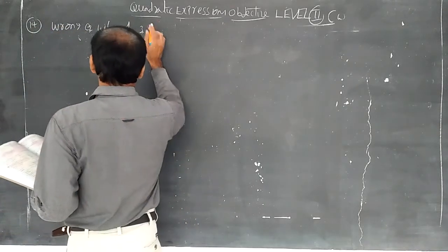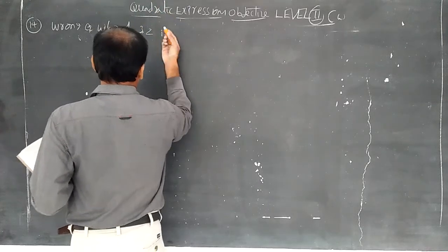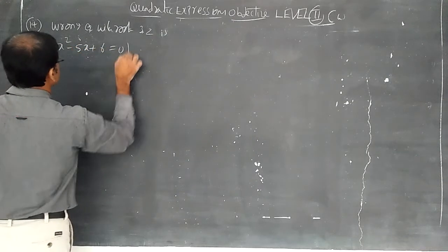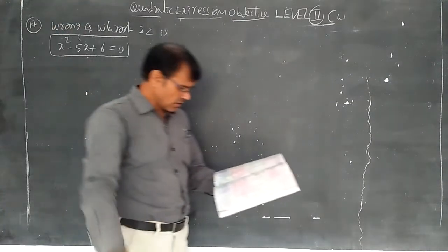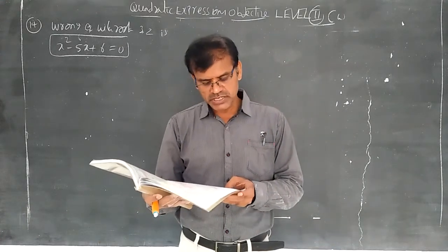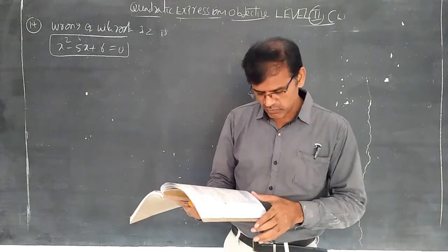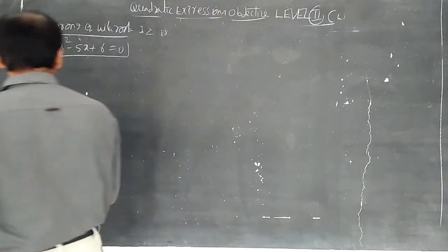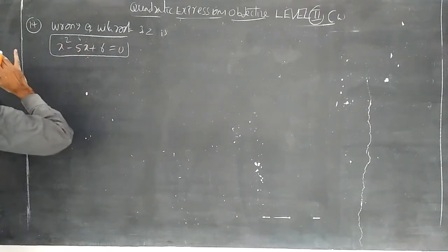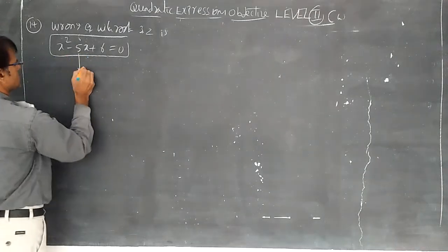With roots 3, 2, the equation is x square minus 5x plus 6 equal to 0. Students, it is wrong. But the other student copied the constant term and coefficient of x square. First constant term -6 is given, coefficient of x square 1. The correct roots. So he is saying that this is correct. Roots are not wrong. So it is absolutely correct.